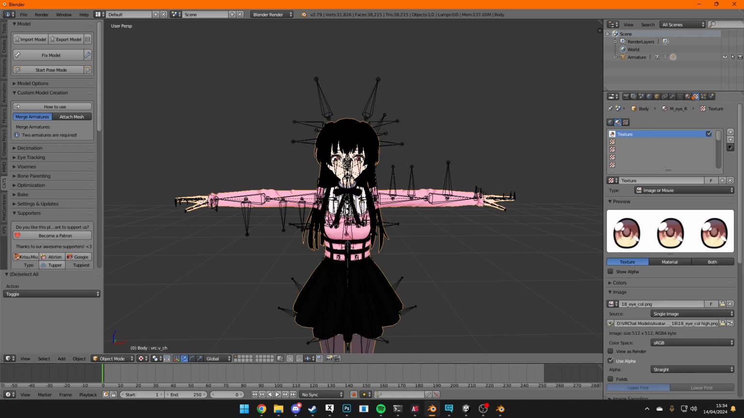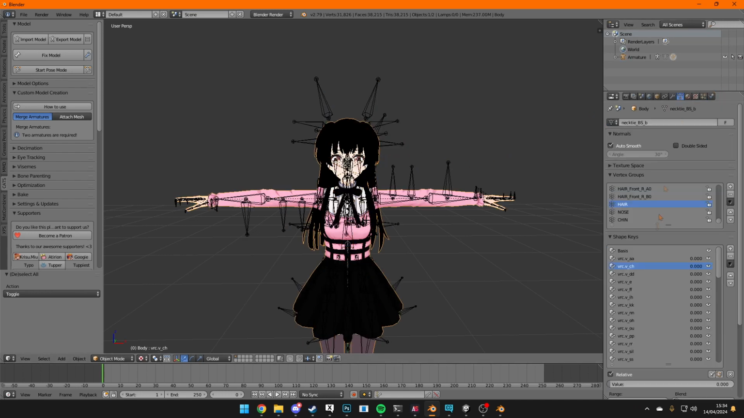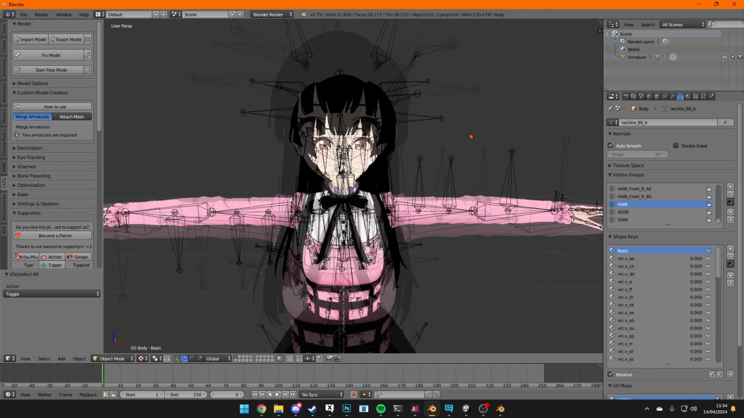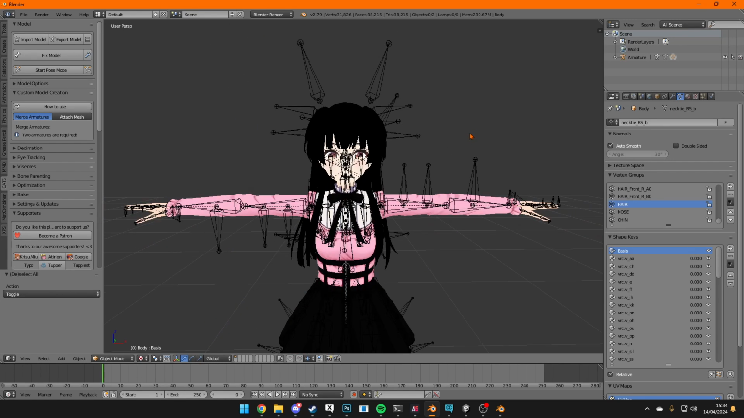And it can now just be put into Unity. Oh, make sure you select basis as the shape key. You don't want to export it using another one. But yeah, that's pretty much it. I won't go over the Unity stuff. That's up to preference, the way you want to shade it and stuff. I use Liltoon personally, but